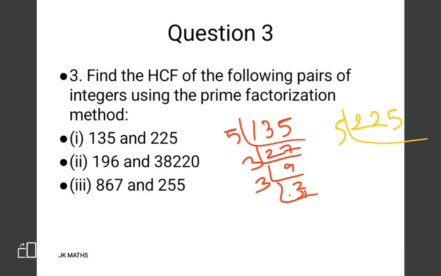5 ones are 5, 4 5s are 20, 5 5s are 25, 3 3s are 9. Okay, we have got the prime factorization. Now let's check it. So for 135 the prime factorization is